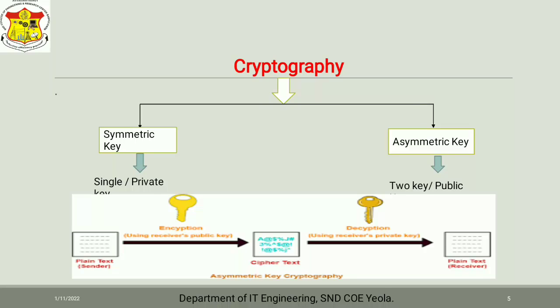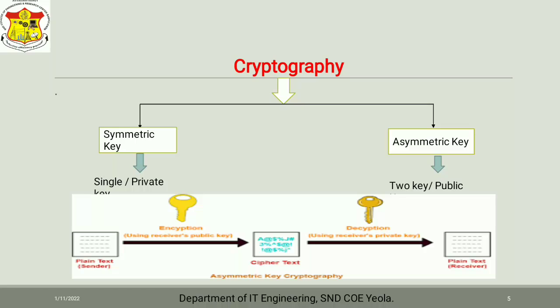Cryptanalysis is the technique of decoding the message from non-readable format back to readable format without knowing how it was initially converted from readable to non-readable format. This is known as cryptanalysis. The cryptanalysis process is trial and error based, but the cryptography scheme is systematic and well structured. Cryptography systems are divided into two types. The first one is symmetric key cryptography and the second one is asymmetric key cryptography.